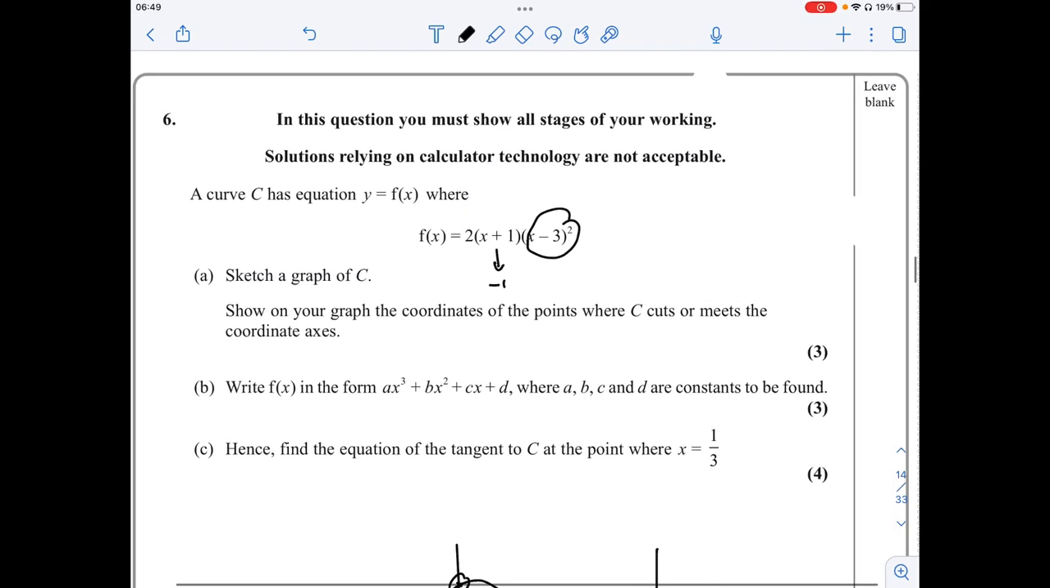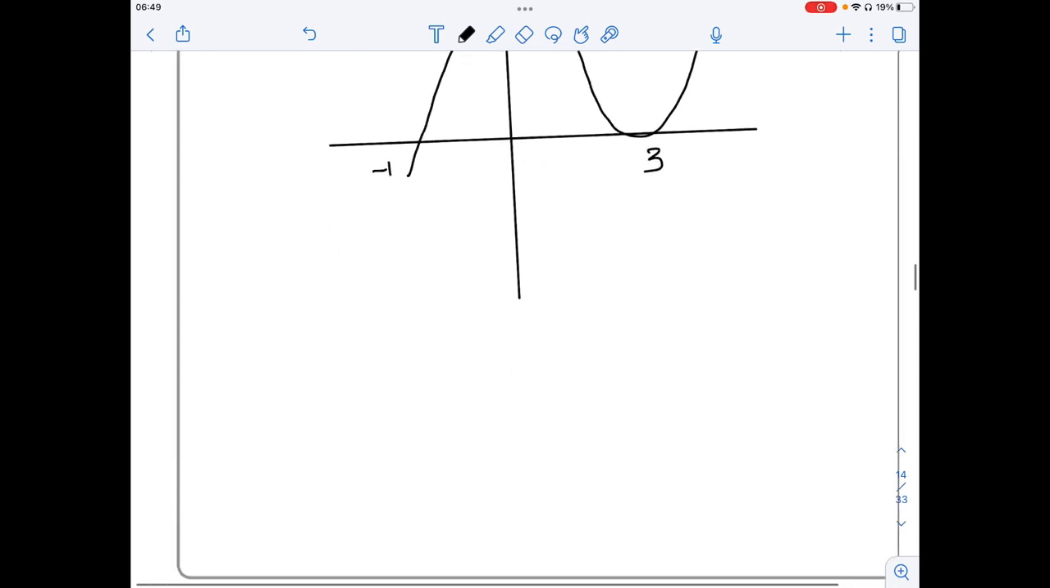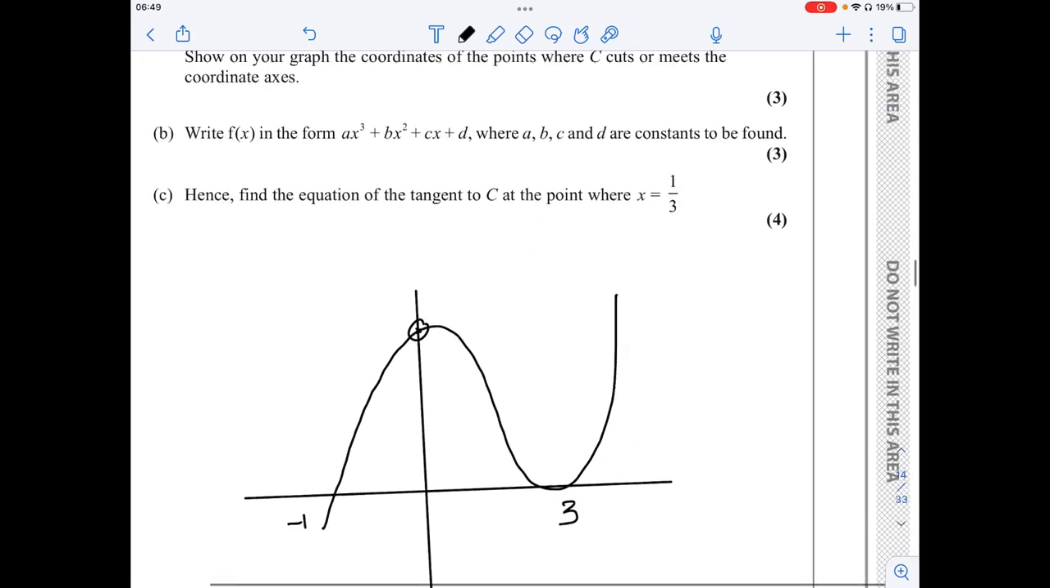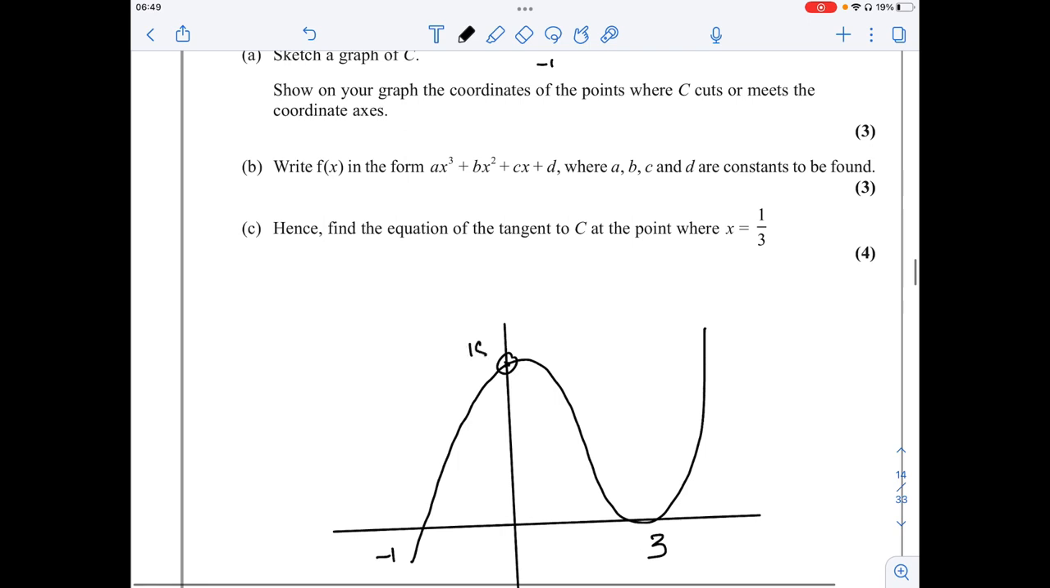On the y-axis means x equals 0. So y equals 2 times 0 plus 1 times 0 minus 3 whole square. So it becomes 18. So this point is going to be 18. This is the x-axis and this is the y-axis. Next,